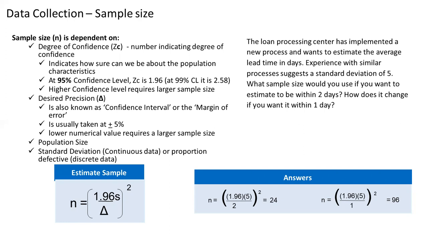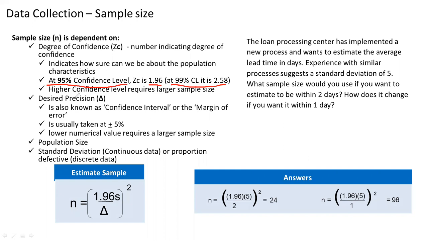All right, so how do we calculate the sample size? Sample size depends on your degree of confidence. Mostly statistics works at a degree of confidence of 95%. If you have a 95% confidence level, then the value of alpha or ZC, the degree of confidence, will be 1.96. In case you are taking a confidence of 99%, this will be 2.58. Or if you are taking a degree of confidence of 90%, this value will be 1.64. As you know, the higher the confidence level required, the larger the sample size.